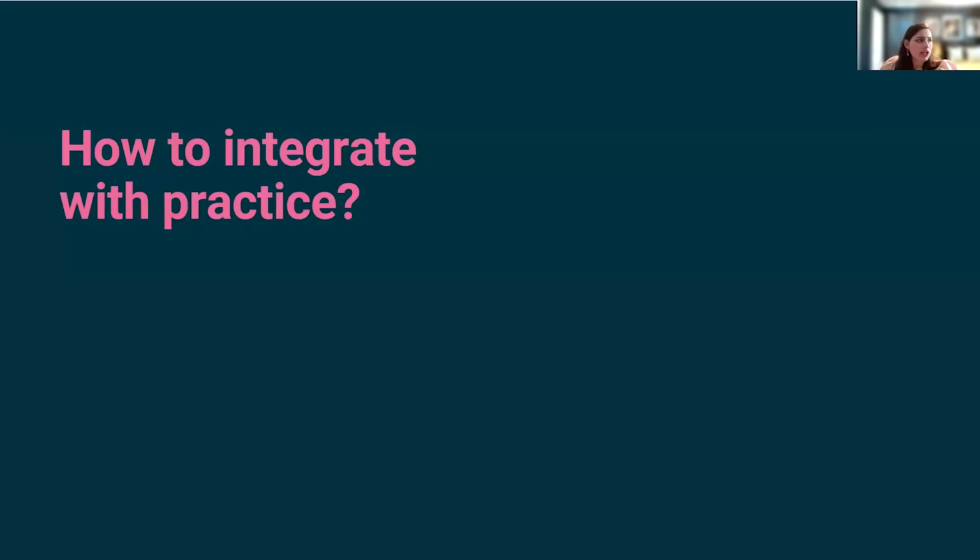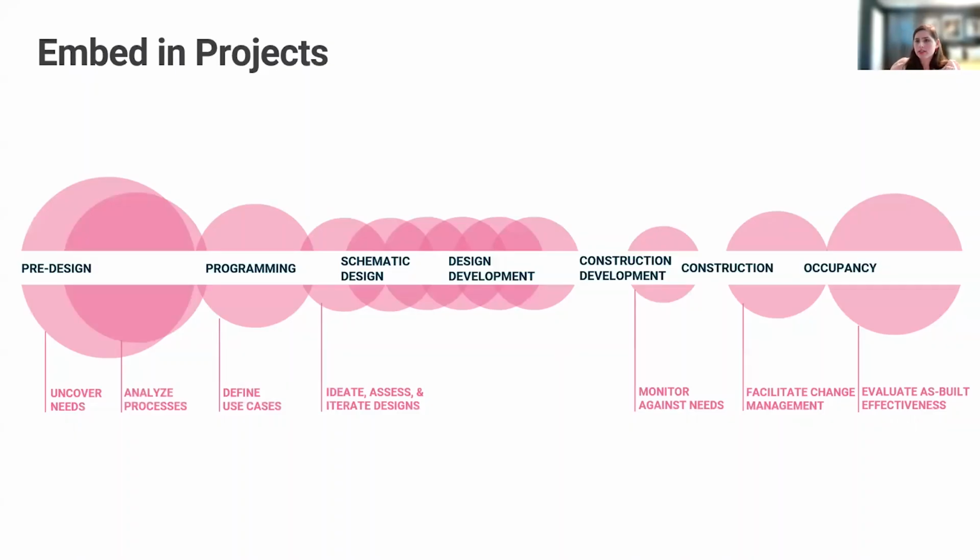All right, so finally, how do we integrate with practice? So throughout a project, you need to ultimately make the space for design research. Each circle that you see in front of you represents the relative magnitude of the design research scope and at what relative frequency. Typically you start out a bit more broad in that fuzzy state where you're trying to make a sense of situations.